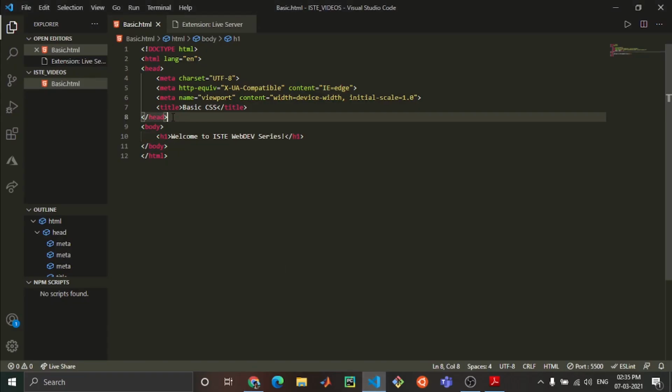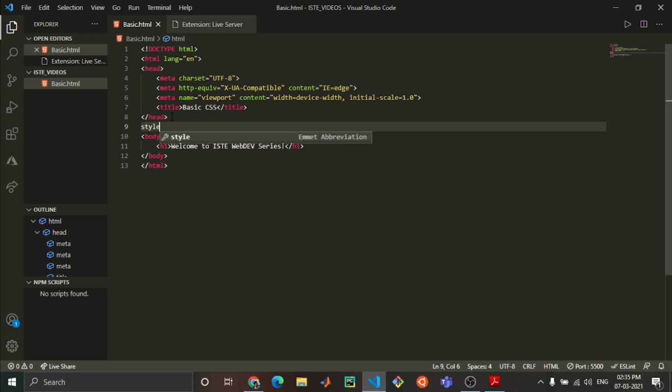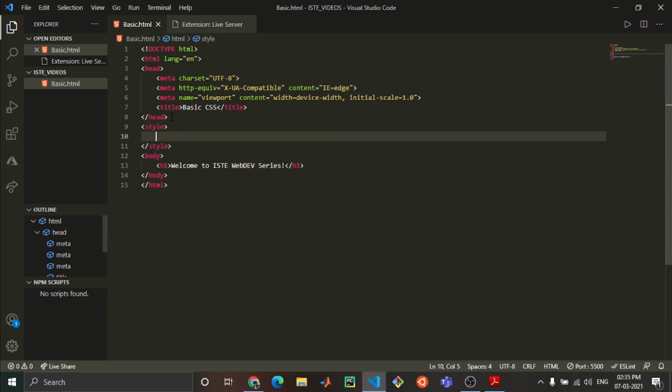Now what if I don't want to use inline CSS? For that purpose, internal CSS is there. In internal CSS, we write our styling in just a single file, like in this file only, but not with the tags. I just write style, hit enter, and it gets implemented with opening and closing tags.